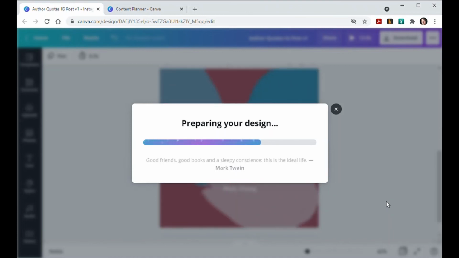So it's preparing my design. Drum roll. It gives a quote from Mark Twain. Good friends, good books, and a sleepy conscience. This is the ideal life. True. So you can see that this is taking a lot less time. If you follow all those steps, I think you will be able to easily post something either in the distant future, every month you can post something, or you can post something immediately to whatever you've saved it to,